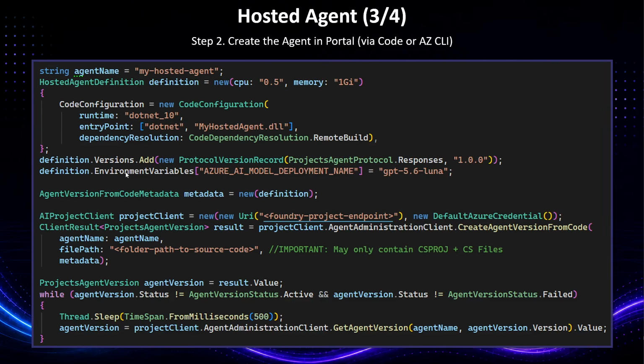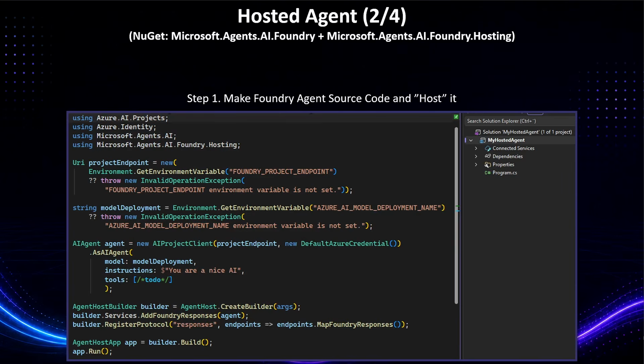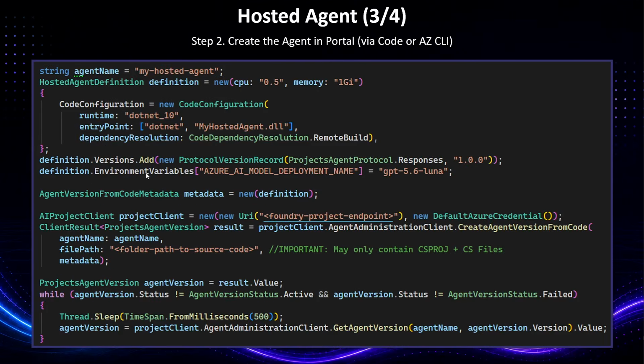And if we go in and set other environment variables, it could be an environment variable for a connection to a RAG system or database or anything that the source code needs, we could give it extra here as well. We need to define this as the metadata of the definition. And then we do a project client with the normal connections. And we then create an agent version from code where we tell this is the agent.